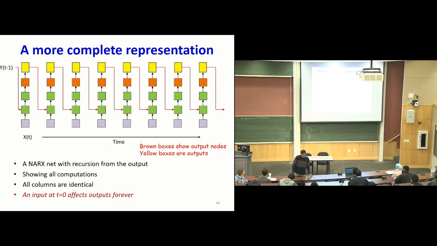What is the difference between a regular neural network and this one? This is one giant neural network where every column is identical to every other column. That's the only difference. And here's the other thing. There is no direct connection from this column to this. The information is being brought in from the output.